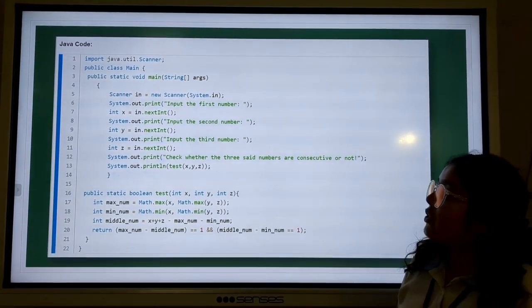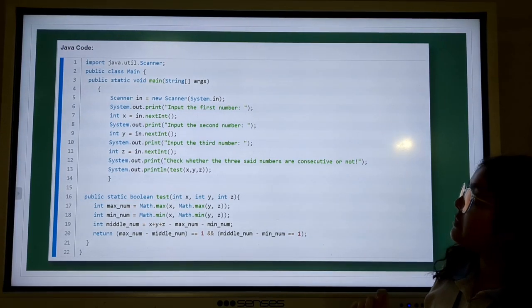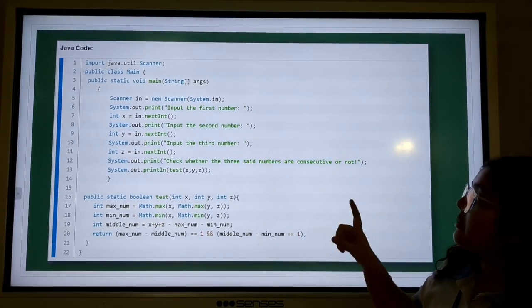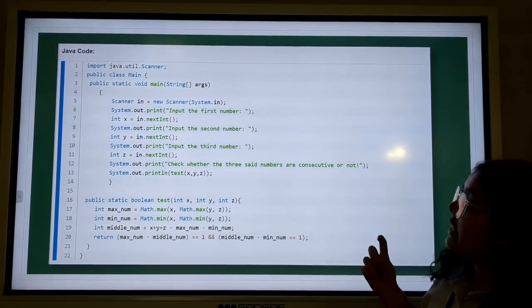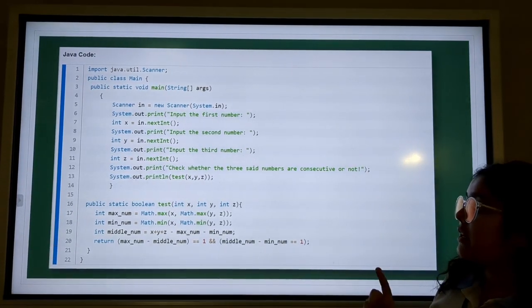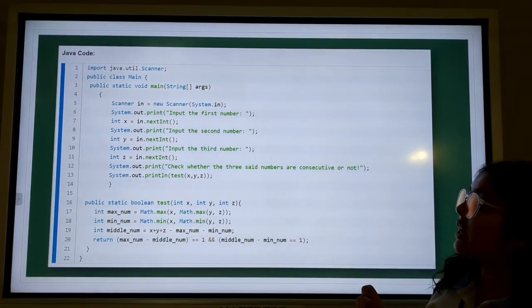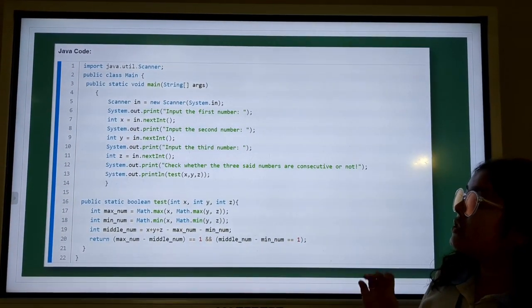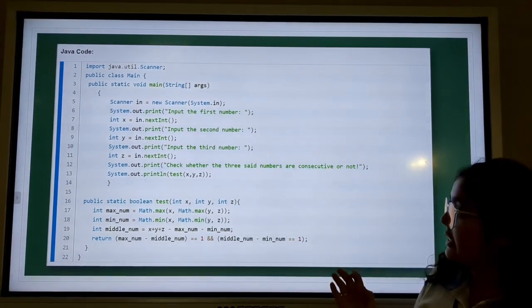Next, System.out.print is used to display the statement "input the first number". Next, the nextInt method of the Scanner class is called along with the object to store the value in integer x.